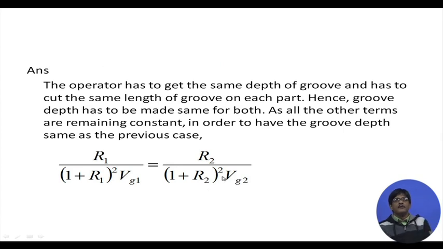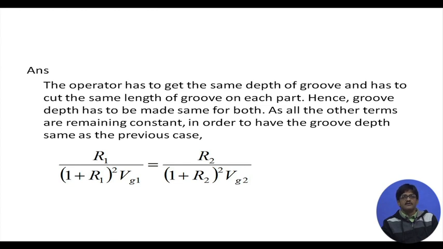Okay, the operator has to get the same depth of groove. Naturally, if the part has to be the same, the groove depth has to be the same and has to cut the same length of groove on each part. Yes, of course, if it is the identical job, the length of groove is the same and the depth of groove should be the same. Hence, groove depth has to be made same for both. As all the other terms are remaining constant, in order to have the same groove depth,